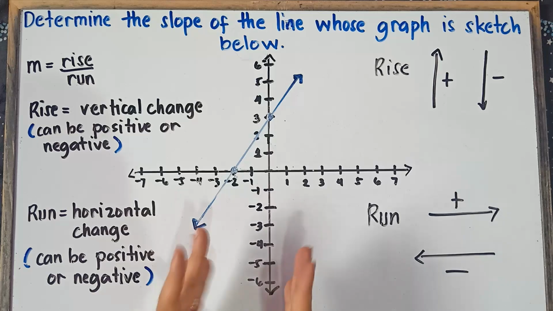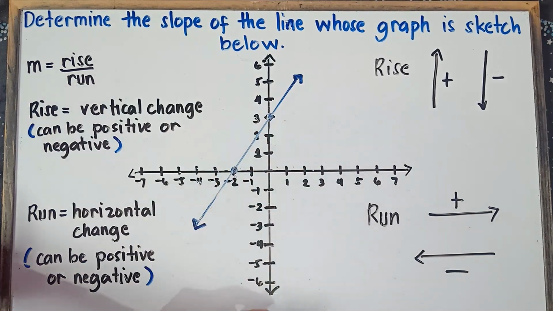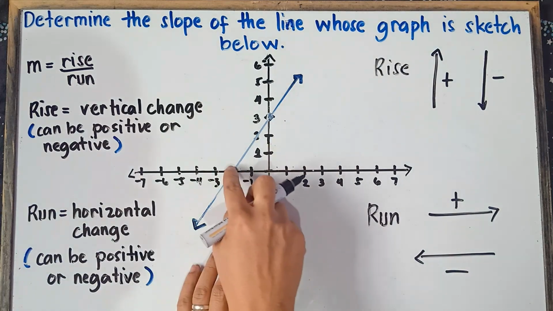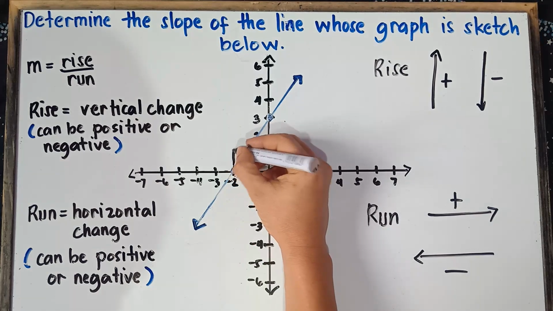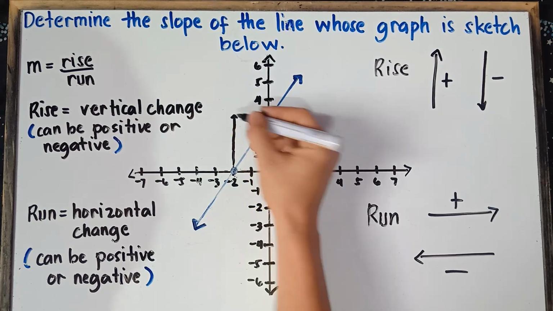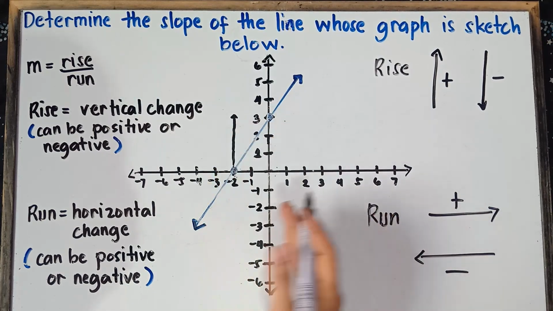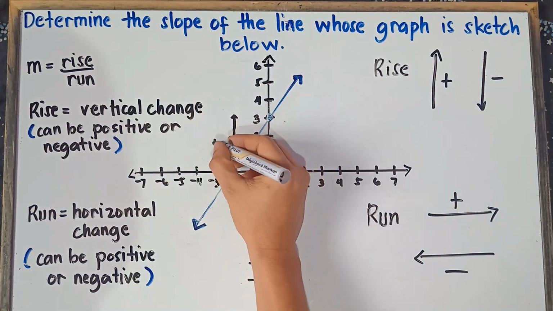Once again, class, you will have the same answer. Now, if you start at this point, going to this point, how many times do we need to rise? 1, 2, and then 3. Alright, so this will be our arrow. Therefore, we rise 3 times. If it's upwards, that would be positive, so this is positive 3.